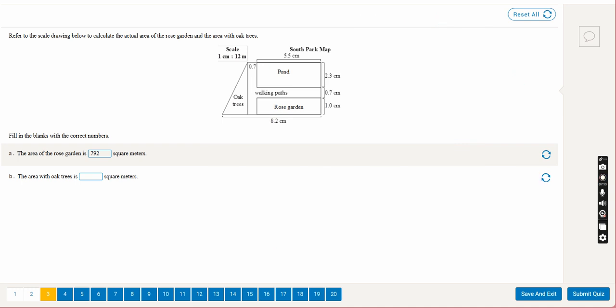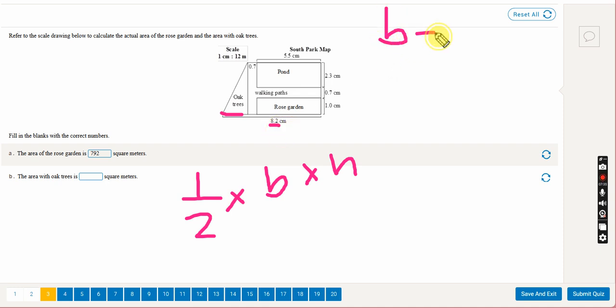The area of an oak tree is. So where is the oak tree? You see here now the oak tree, there is the area of a triangle. So half times base times height, right? Now here you have to do a little bit more calculation. You have to subtract. So what do you do? What is the base here? The base is the bottom part, right? This one. So what will we do? The base of it will be 8.2